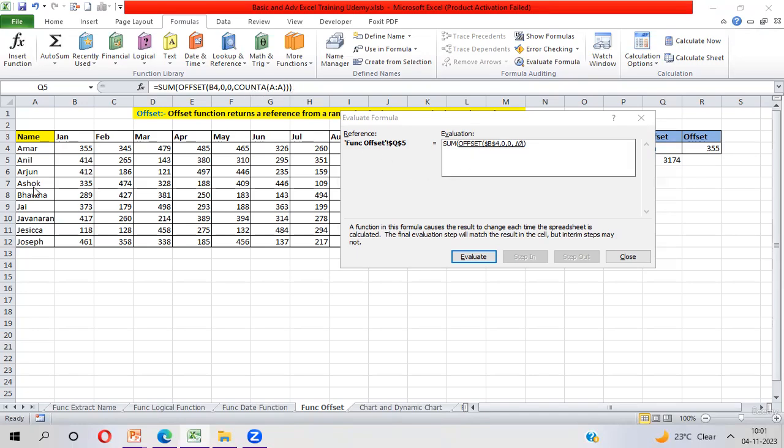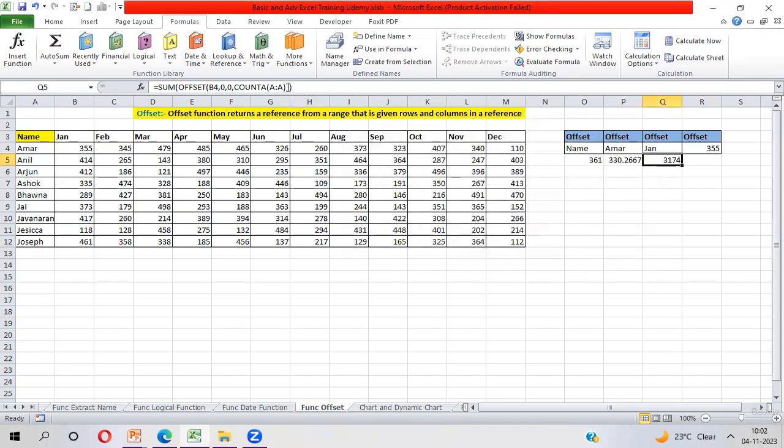Okay. So now your cell reference is from B4. You have to take from B4, and height is 10. So you have to count including B4: 1, 2, 3, 4, 5, 6, 7, 8, 9, and 10. Here my cell reference is B4 to B13, but I don't want to take reference of the blank cell. So what do you have to do? In the COUNTA function, you have to do -1. So now your COUNTA output is 10, 10 minus 1. Your height will be 9.